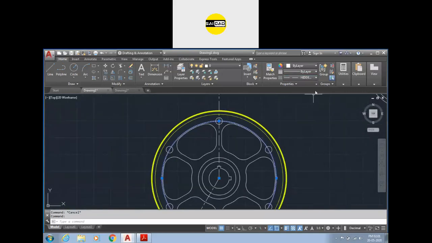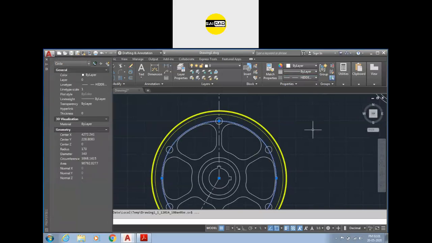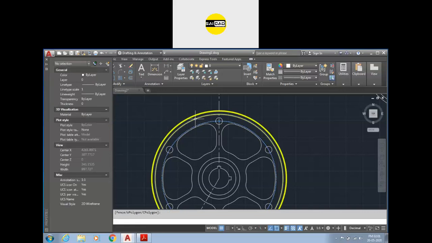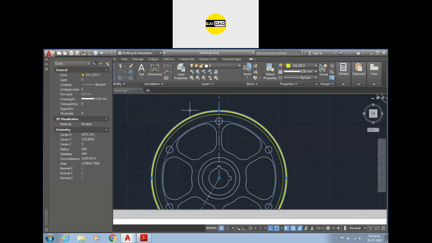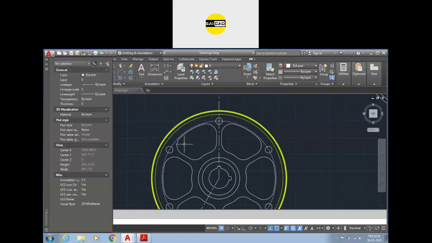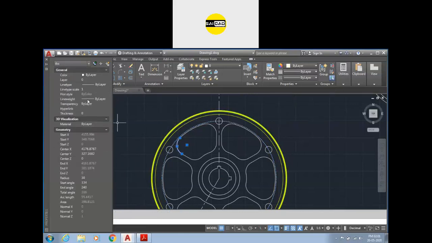To change the property, you can click here or press Control 1, and there will be a property manager right here. If you select any object, its property will be shown here. If I select this one, its property will be here. You can see the color is by layer, layer is 0, line type, line shape, everything will be here.